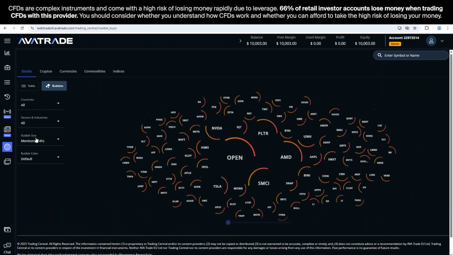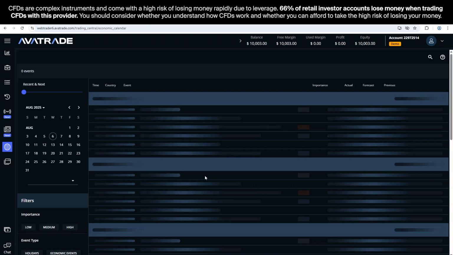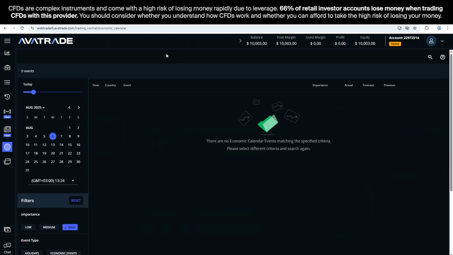And the second thing that I'm going to show you is the economic calendar. So what we saw is basically public company news, right? We saw that Opendoor was an example of many things that we saw there. And in the economic calendar, we can find governmental decisions. So I'm going to show you